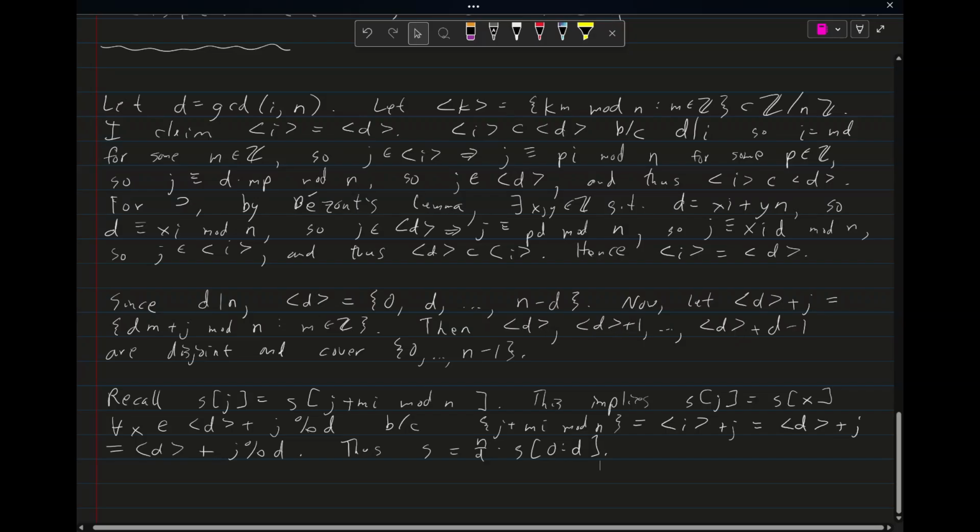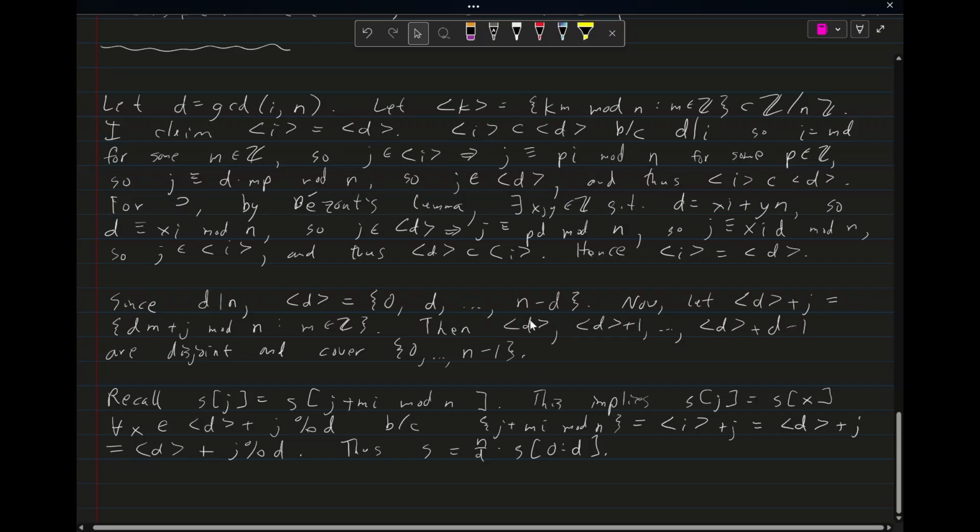And so you don't get any automatic relations between characters there. But then once you get to index D, because remember this is indices from 0 to D minus 1, once you get to index D,